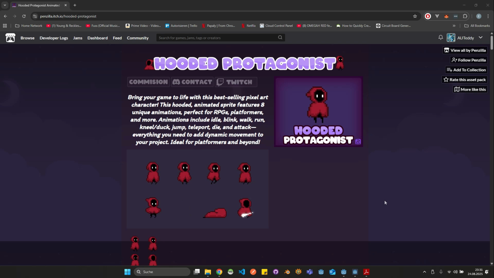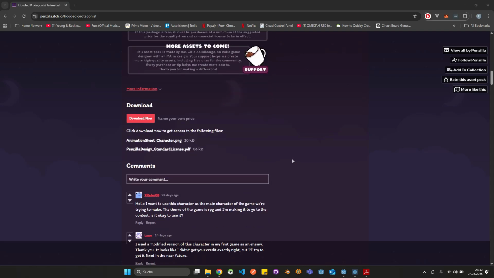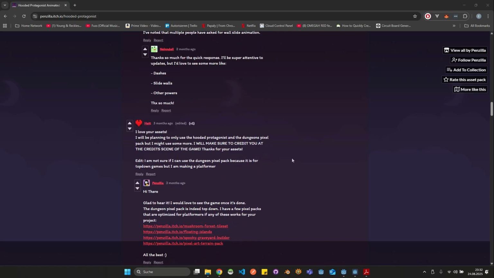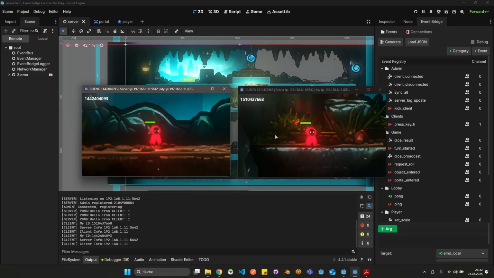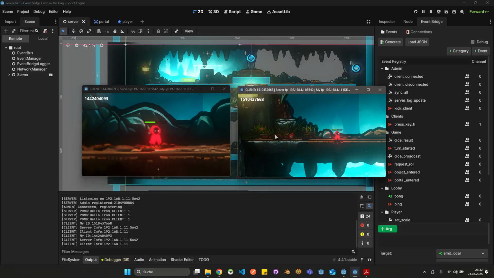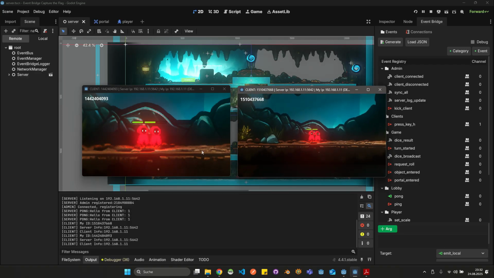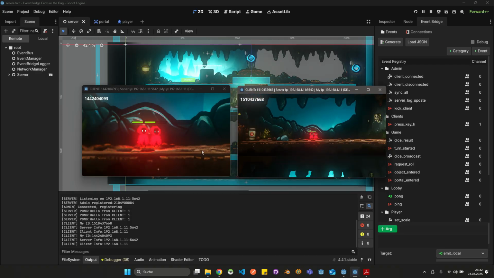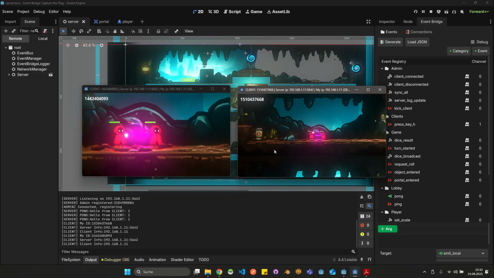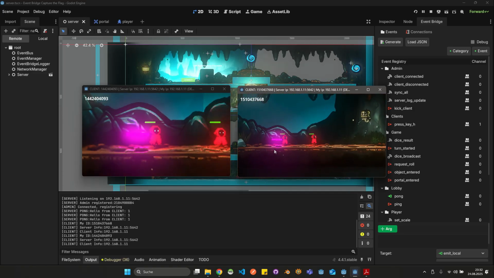The character I'm using for this game is from this page here, also from itch.io, so I'm giving credits to the creator. Now back to the game. As you see, I have my two characters. They can shoot, they can jump,